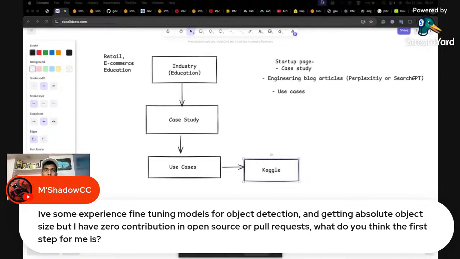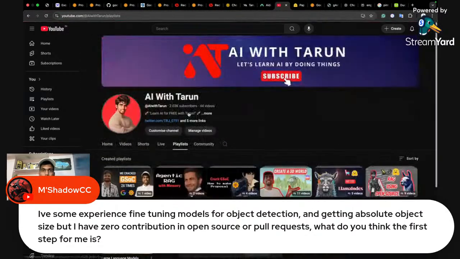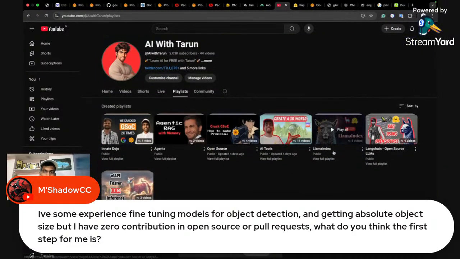Not to worry, I have the playlist in place. Most of the live streams I'll be doing will be related to OpenAGI, LangChain, Llama Index, Crew AI, PyData, Qdrant, Milvus. These are the few things I have in mind as of now. For every single thing I have detailed videos. For Llama Index, I have 5 videos. For LangChain, I have around 9 videos. Try to learn these basics so that when we are doing a live end-to-end project, it will be very easy for you. I'll make the announcement on January 1st so that everyone is on the same page.